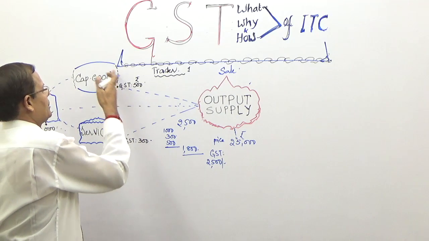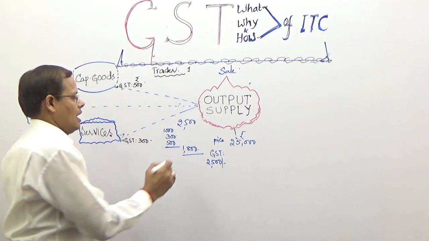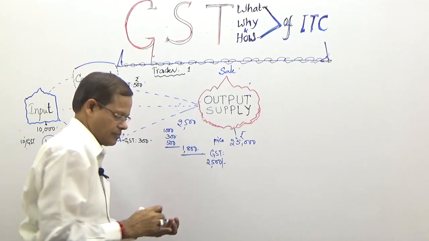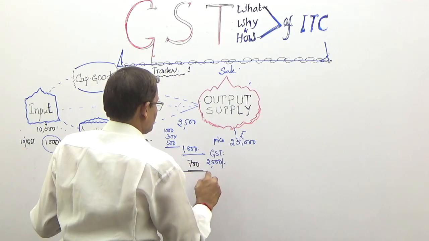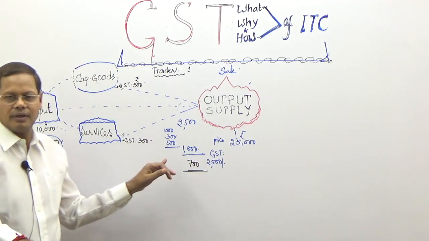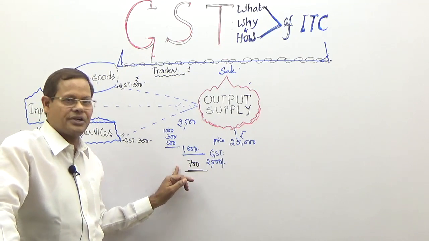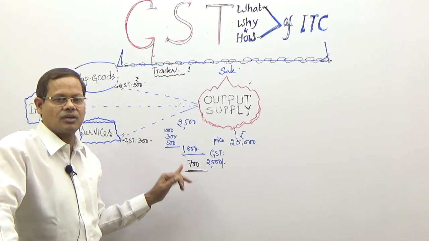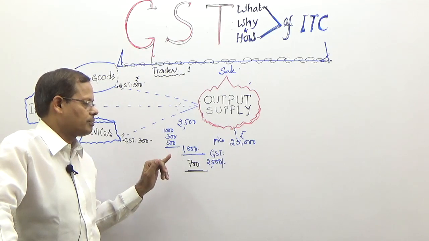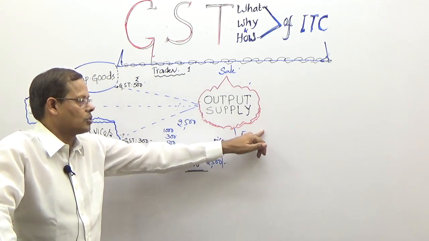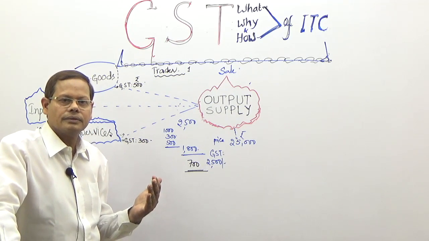So taxes paid on input, capital goods and input services is called input tax credit, and this 18 of 7 net. This is the value. This is the tax on value addition. So 700 is the tax on value addition, and 1,800 is the tax on input. Tax on input plus the tax on value addition is equal to total output tax. You understand? Total output tax is equal to